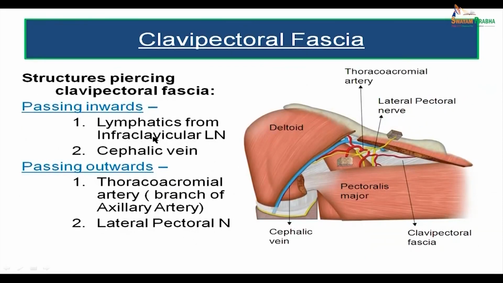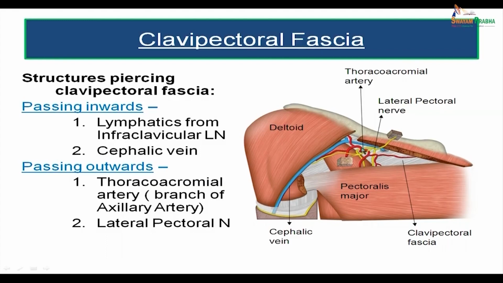We have to understand what are the structures piercing the clavipectoral fascia and passing inwards or passing outwards. Structures passing inwards are the lymphatics from the infraclavicular lymph nodes and the cephalic vein. If you look at the diagram, this blue colored structure, this is the cephalic vein. It can be seen going up in the axilla, reaching the area of the clavipectoral fascia and piercing it and